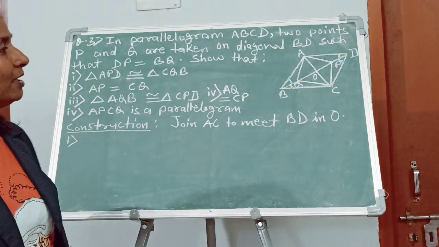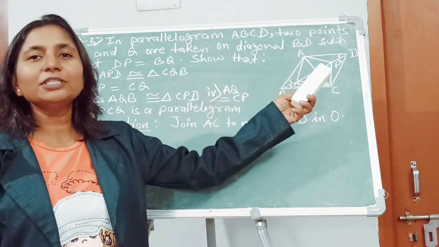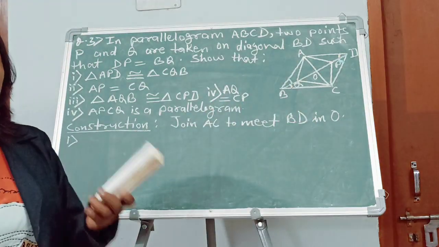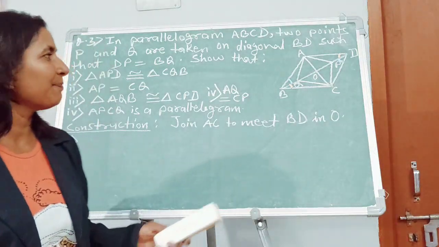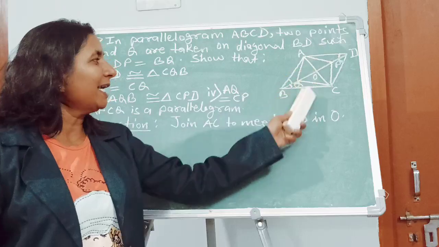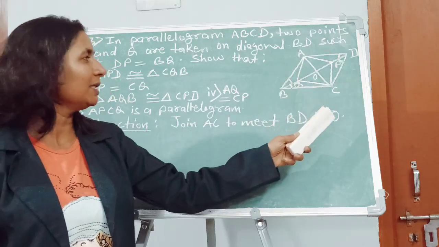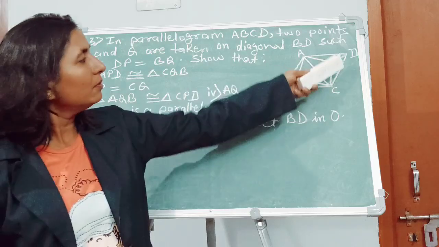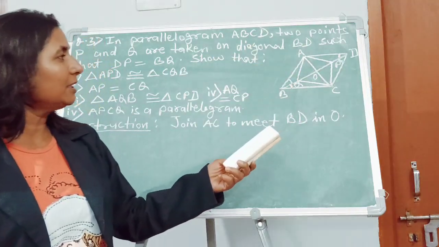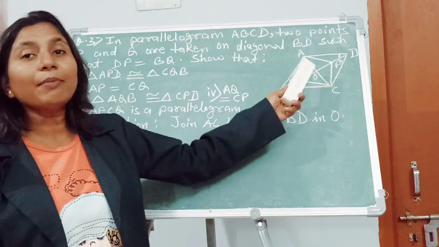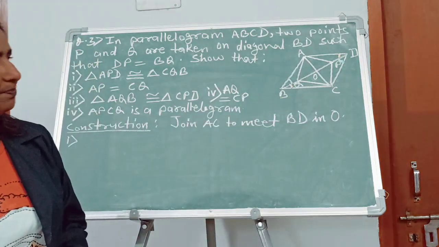So what is given? First, ABCD is a parallelogram, so it will satisfy the characteristics or properties of a parallelogram. What are the different characteristics? Let us remember once again. A recap. Opposite sides are parallel and equal, meaning AD is parallel to BC and AD is equal to BC. Similarly, AB is parallel to DC and AB is equal to DC. One another characteristic: diagonals of a parallelogram bisect each other, meaning BD and AC will bisect each other.